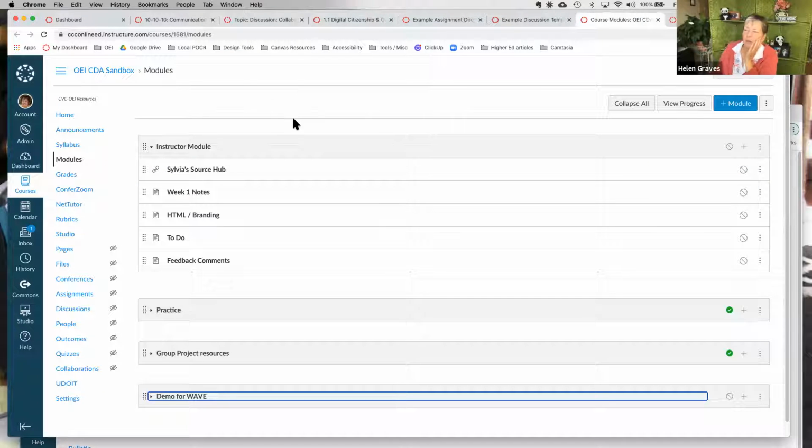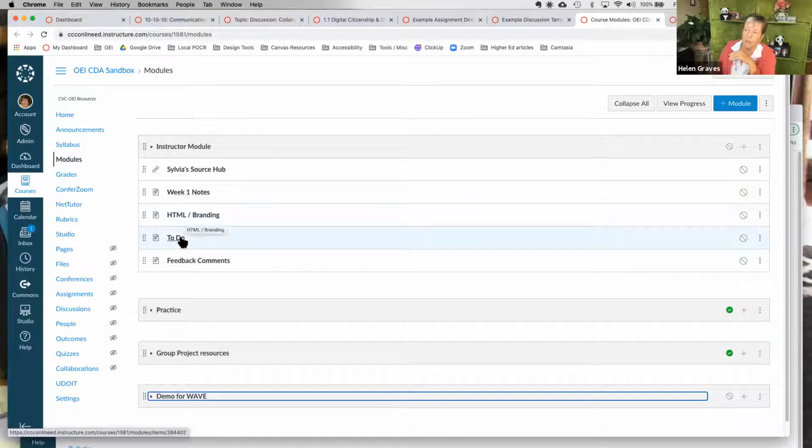So here's an example. This isn't actually my teaching shell, but I just had this so I could show you. I've got in it the distance ed person's resource because I always want to be able to quickly and easily get to that resource. So I've just got it in my unpublished module. I have notes on what I need to remember to do in that first week every term.